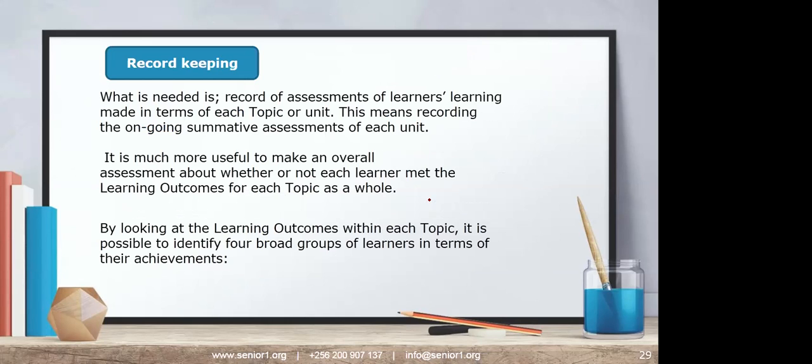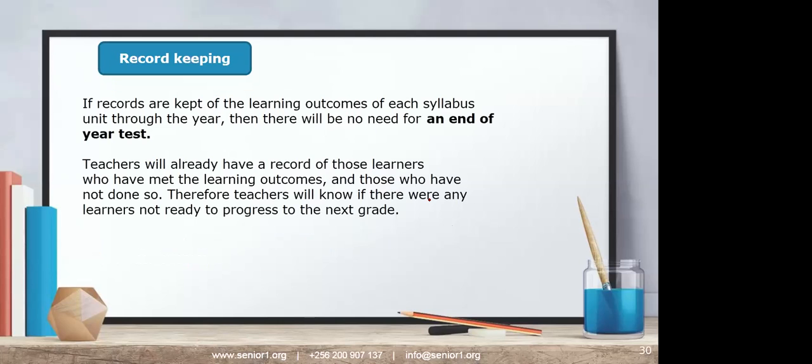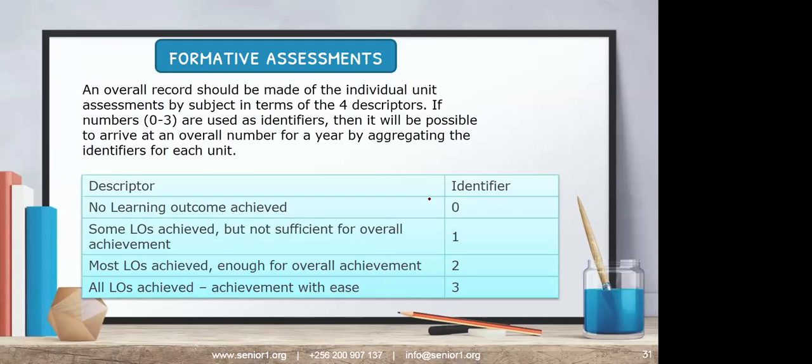And then we shall be recording for each learning outcome. In each topic, we shall be recording whatever you have gotten. For example, we put a descriptor and an identifier. I can say in this topic of cells, Isabella or Alice or Isaac or anyone has not understood any learning outcome, like you've not understood that topic. So I may give you 0 on that.